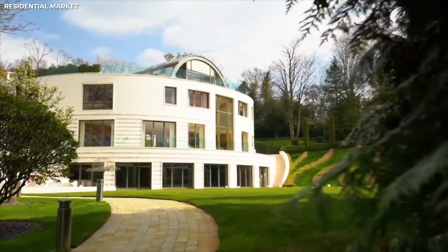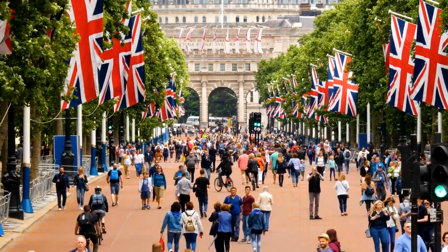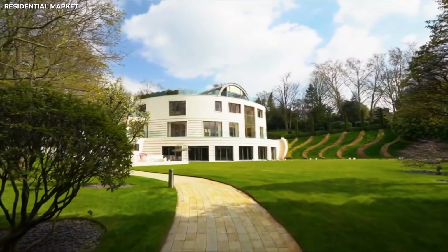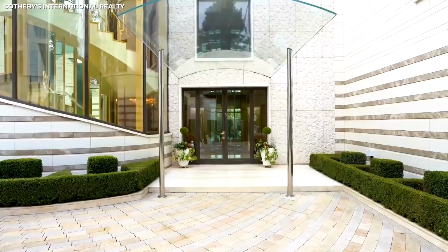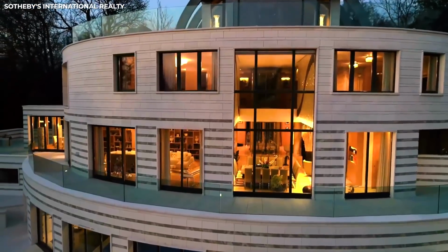This house is also perfect for those with a love for the great outdoors. Why you choose to live in London, though, is a different question if you do like to spend your time outside. You're obviously gonna love a lawn that's perfect for summer picnics, although the real beauty of this place is on the inside. Through an entrance truly fit for royalty, you can already get a great feel for the striking